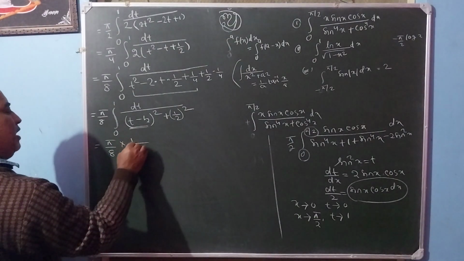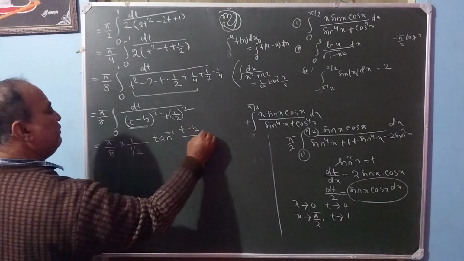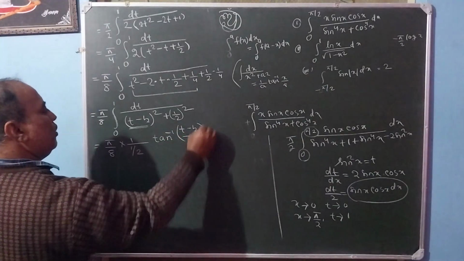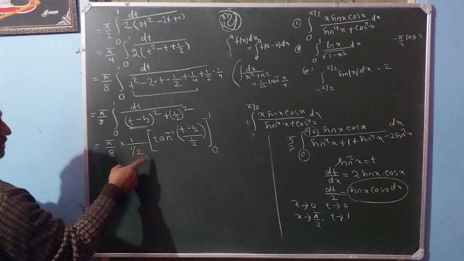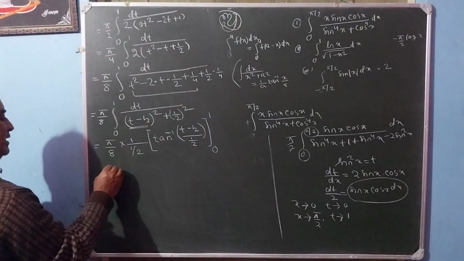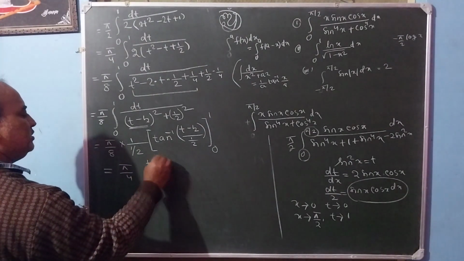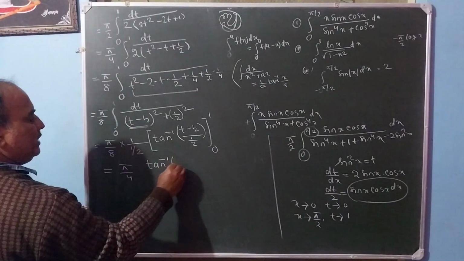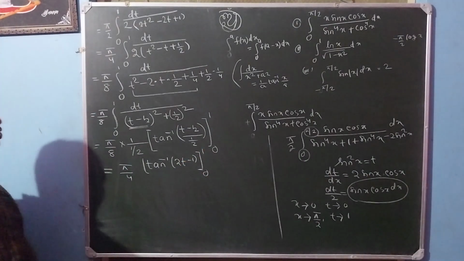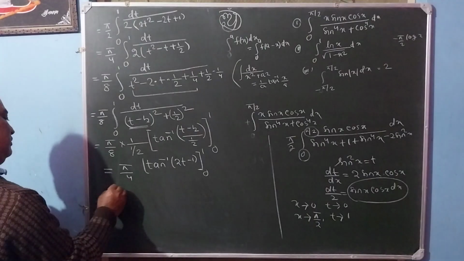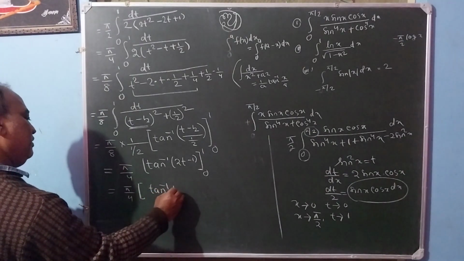1 by a means 1 by 2, tan inverse (t minus 1/2) divided by 1/2. Here it is 0 to 1. So this 2 is going upward, the 2 is cancelled. That is pi by 4, tan inverse (2t minus 1), evaluated from 0 to 1. So now upper limit, in place of t, that is 1, pi by 4, tan inverse 1